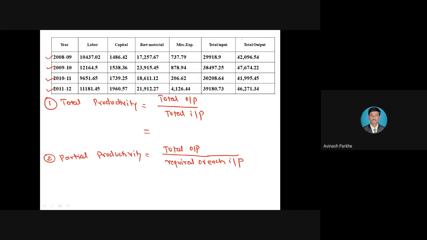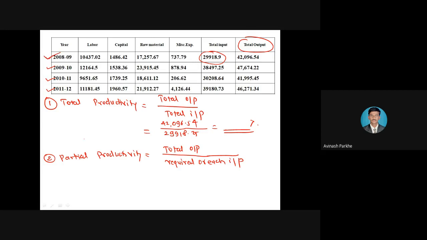The last column represents the total output. What is that value? 42,096.54 divided by the total input, which is given by the second last column, that is 29,918.25. Whatever percentage you get here will represent the total productivity for the academic year